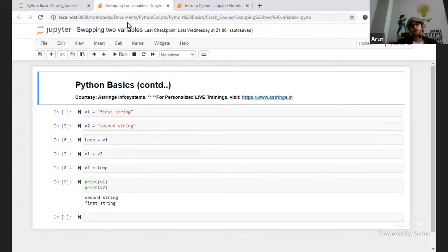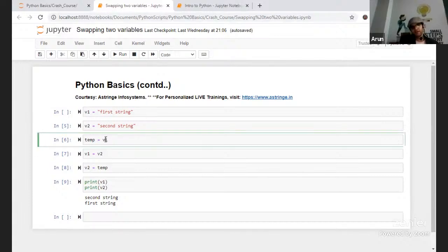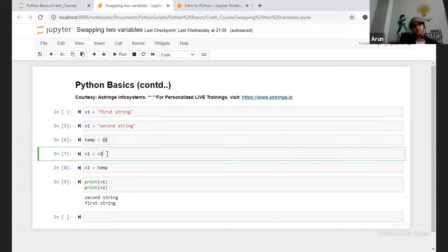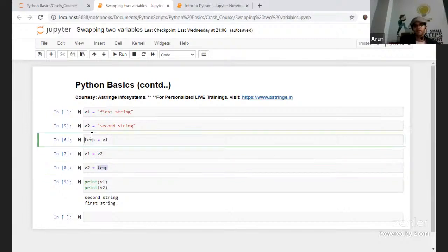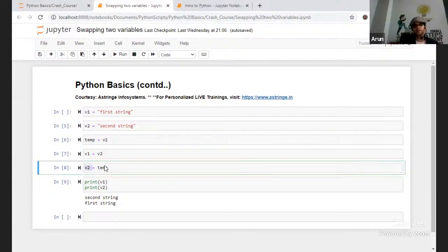However, if we are asked to swap the values, I will not be able to replace them as they are. So v1 to v2, v2 to v1. What I will do is first create another temporary variable and assign the value of v1 to the temporary variable. Now I can safely change the value of v1 to v2. And at the end, I'll use the temporary variable which I stored earlier and assign it back to v2. This ensures that it is completely interchanged, and at the same time there are no issues.